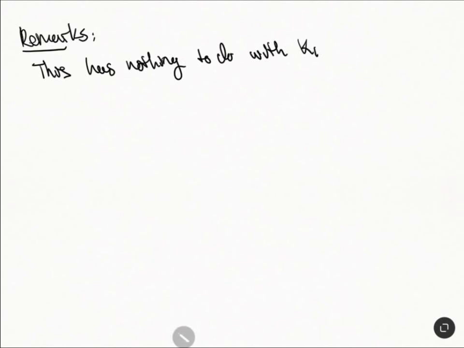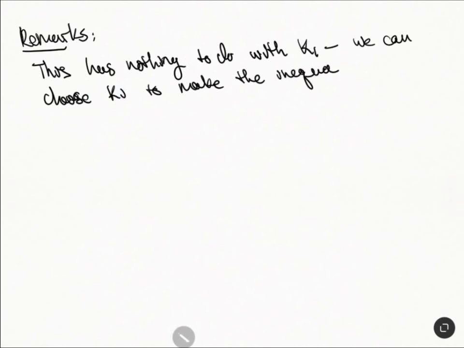So we can choose K1 or Ki to make the inequality best. So I guess we want beta to be p-adically largest, okay? And then the lemma that we have is that